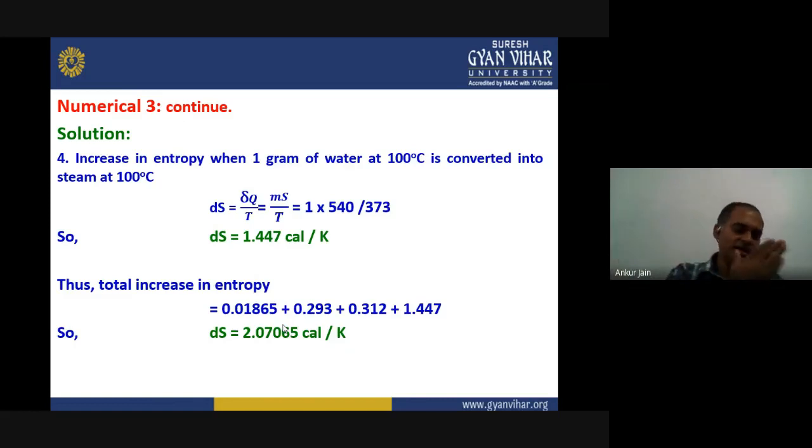Very similarly, here also we converted from minus 10 to 0 degrees, that is the ice conversion only. Then ice is converted to water at 0 degrees, and finally water reached from 0 to 100 degrees, and at 100 degrees it converted to steam. So total 4 steps were here. Similarly, you can solve some other problems based on this concept.